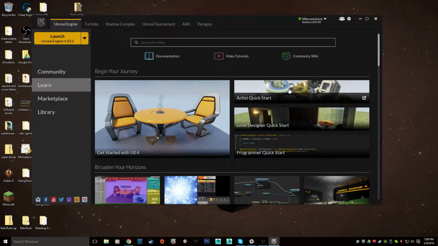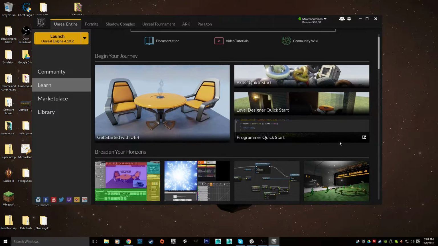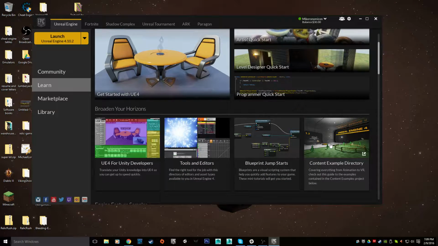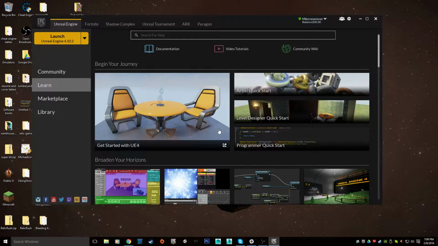Specifically, if you're an artist and you're just interested in bringing your artwork in and making it look very good, go with the artist quick start, kind of get a feel for the tools you're going to be paying the most attention to. Level designers and programmers, there's sections for you that are similar, but underneath you're going to find examples on how to do any number of things and links to other tools that you'll find useful. So anyway, we're gonna go ahead and start,